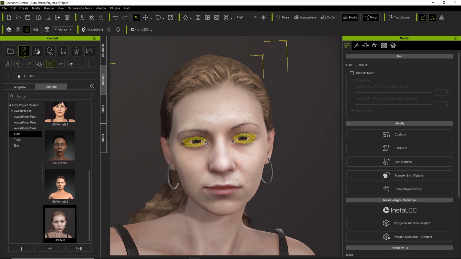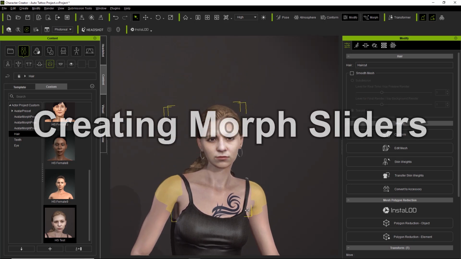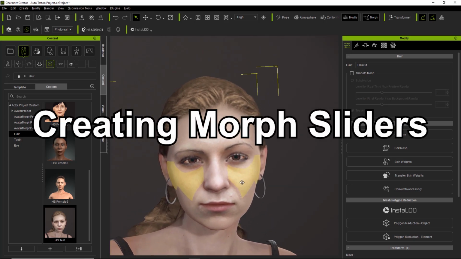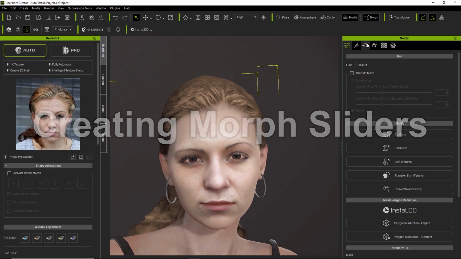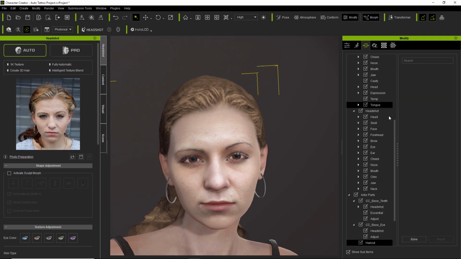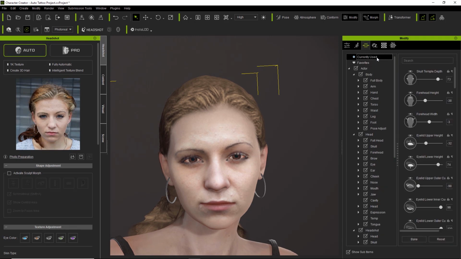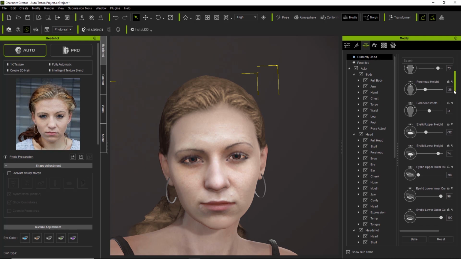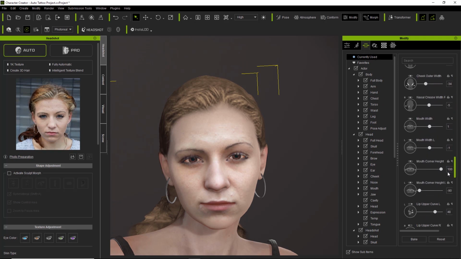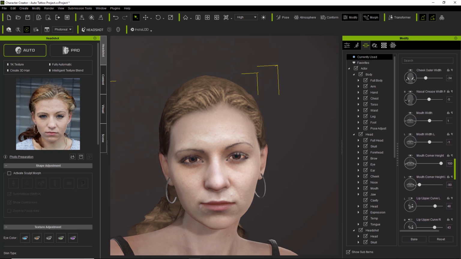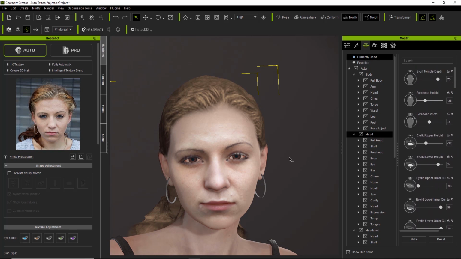The next thing we're going to talk about is how to consolidate your morph sliders, okay? Now, what I mean by that is when I created this character's face with Headshot, if we go over here to the Morphs tab, you can see if I go up to Currently Used, there's a whole bunch of Headshot sliders that I use to really optimize and make the character look a lot more accurate, okay? So if you go down here, you can see there's a whole ton of them right there.